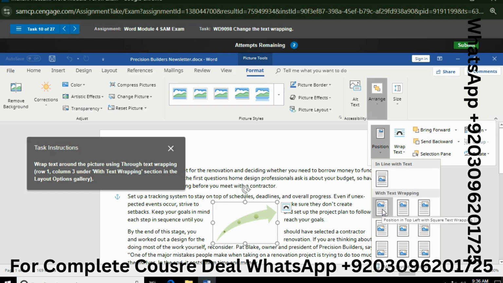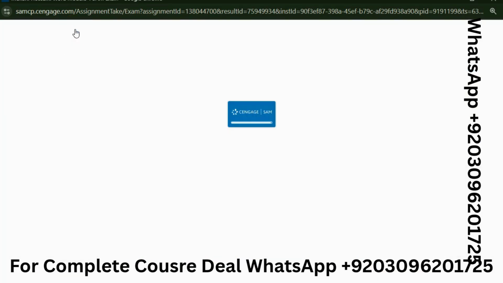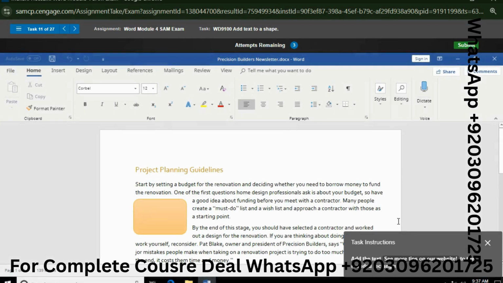First row, column third, through text wrapping row 1 column 3. This is row 1 column 3 section with text wrapping. This is third column, but they are saying this is wrong. So what I need to do in layout option gallery, this is the layout. So leave this, go to next task. I will do this task last.